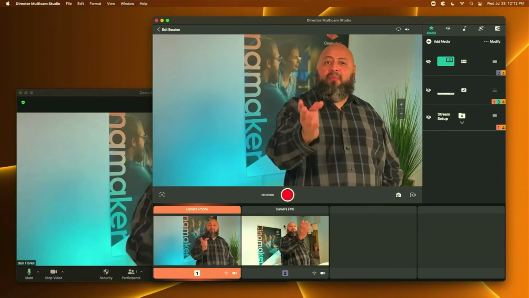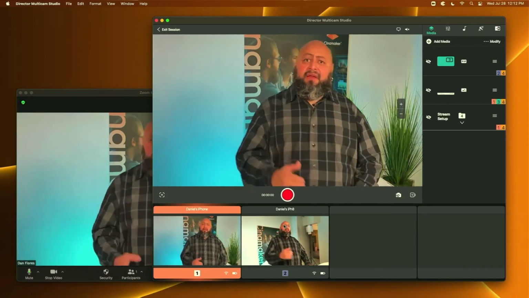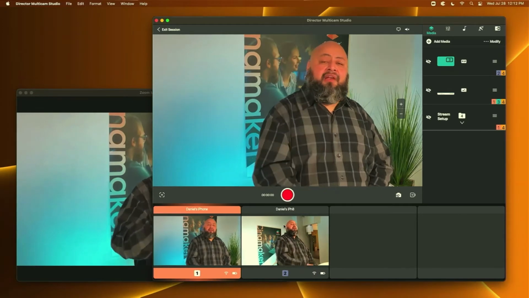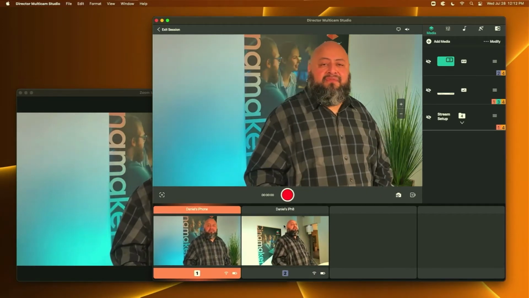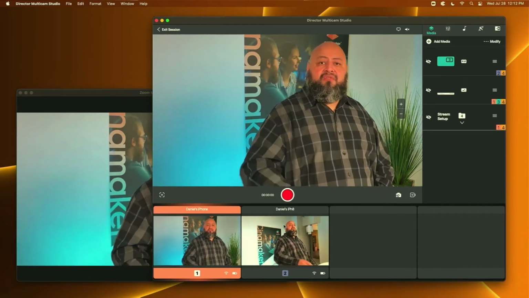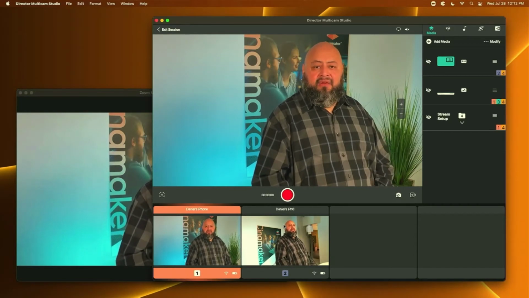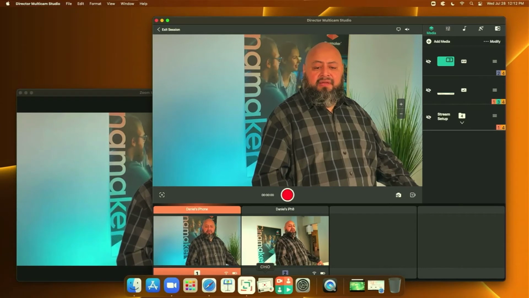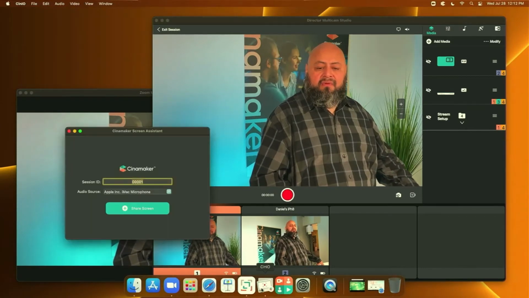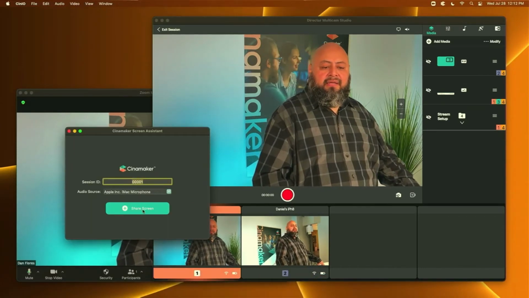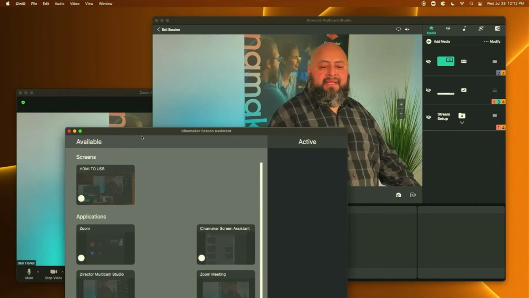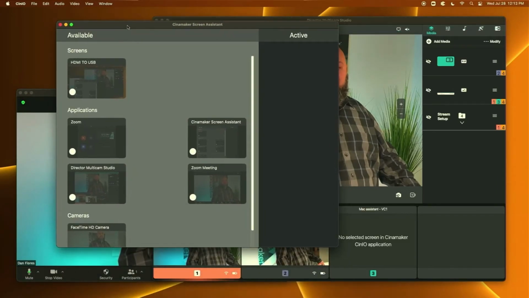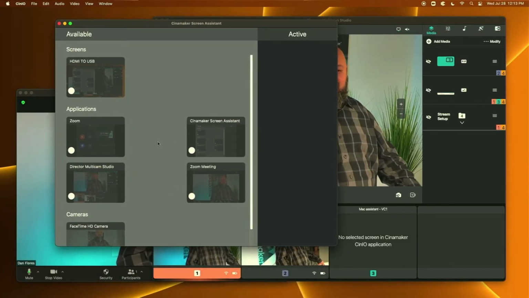And remember when I mentioned Cinamaker? Let's go ahead and bring Cinamaker in, because when you download Cinamaker Meeting Director free from cinamaker.com, you also get the Cinamaker part, and it's included in the download package. So there we go, Cinamaker. Got it. Open screen or share screen. Nice. And now I can select something to share from here.